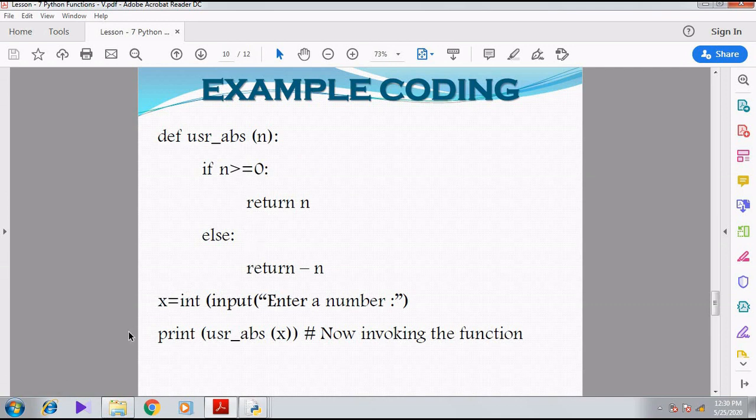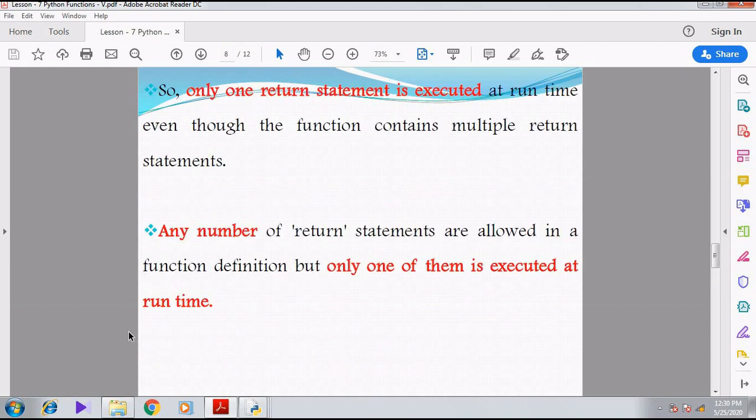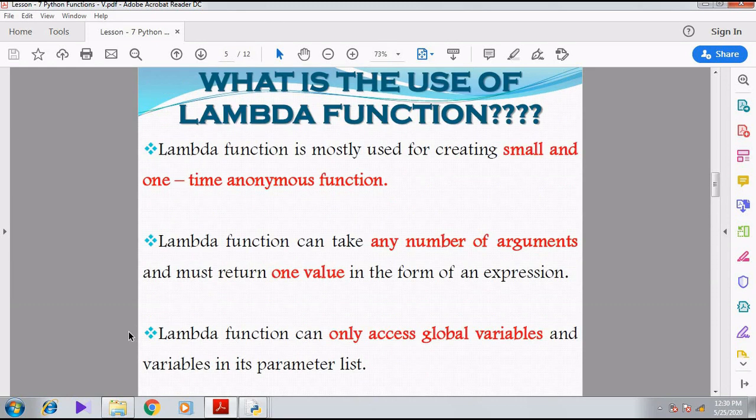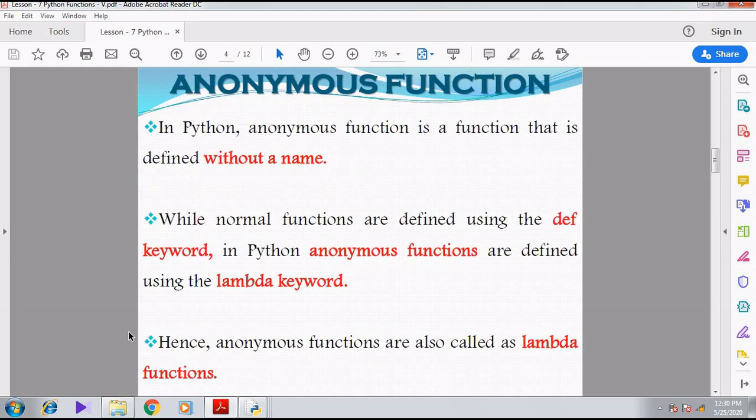I think you have understood this video. So we have discussed the lambda function and the return statement. Lambda function, or anonymous function, means a function without a name.